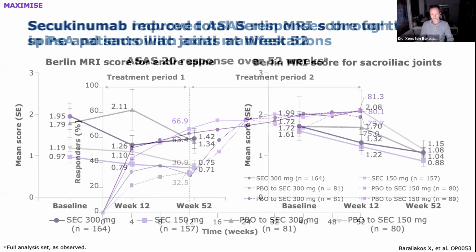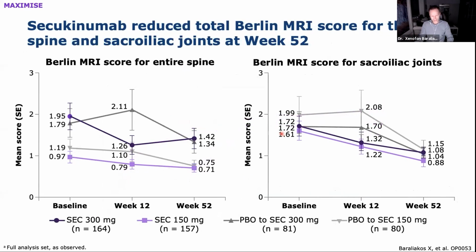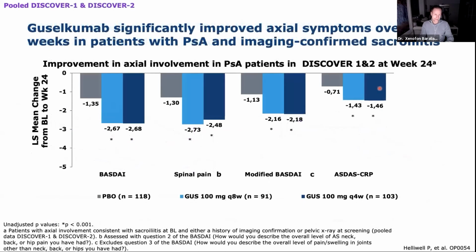considerations that we have. Not only the clinical parts of the axial PsA, but also the MRI part here for the spine and here for the sacroiliac joints improved significantly. In those patients on placebo, they only improved when we switched to the active drug. This is week 12. This is week 52. That's the switch of the patients. And again, both spine and sacroiliac joints improved significantly. And we've seen,